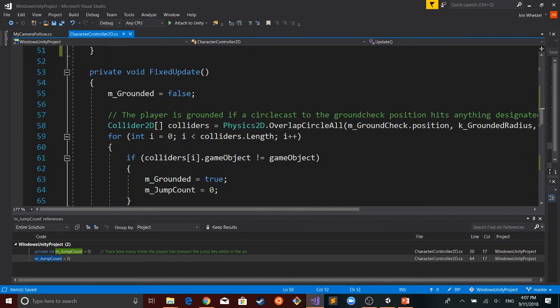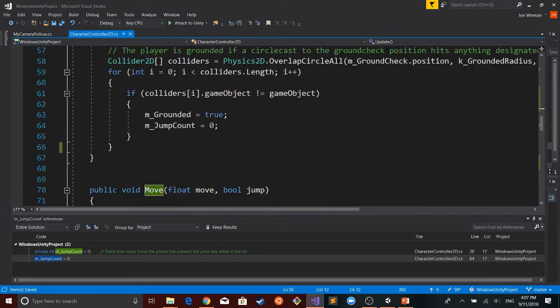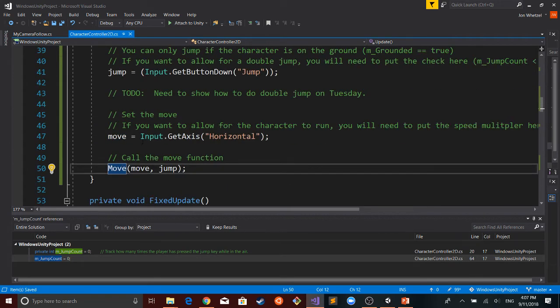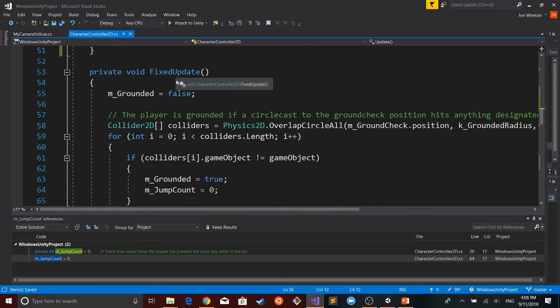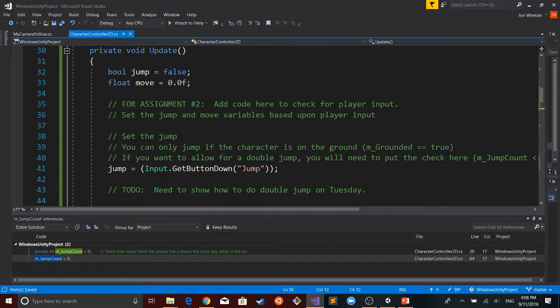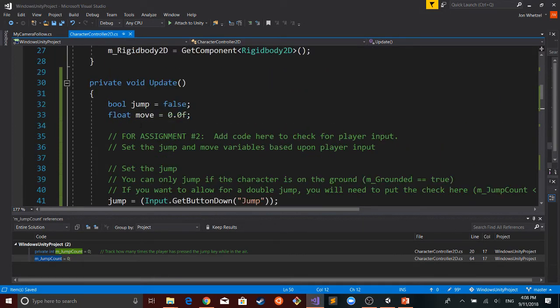So probably the easiest way to fix all of this is just to get rid of the fixed update and move everything into update, so we can ensure that this check is happening at the same time the update is.